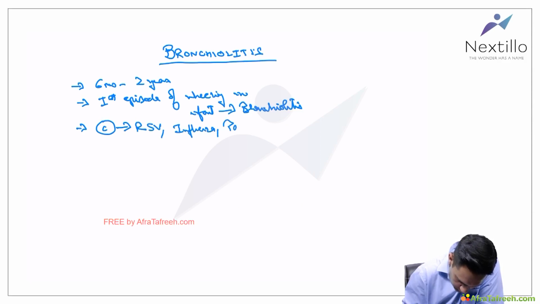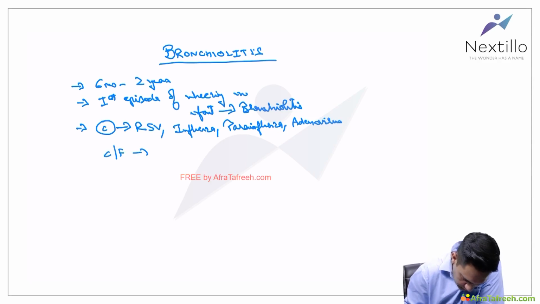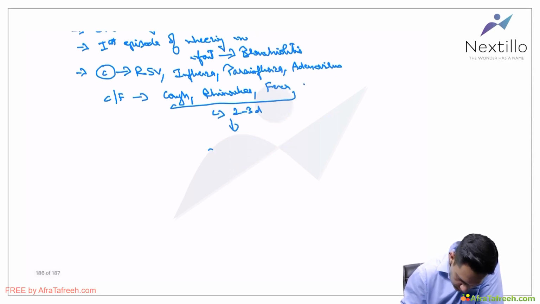Others are influenza, parainfluenza, and adenovirus. Clinical features are mainly cough, rhinorrhea, and fever. These are present for the initial 2 to 3 days, then it suddenly progresses to dyspnea,